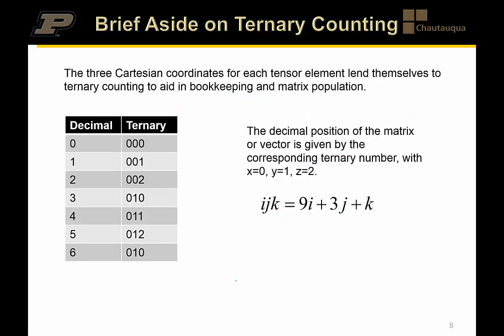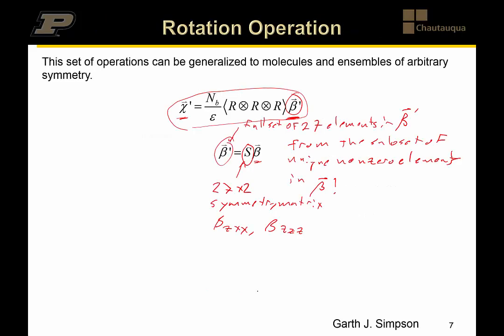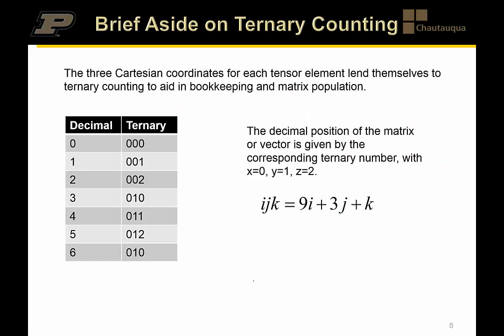So before we figure out how to populate, we know we have those 2 tensor elements to populate. Before we go about the actual population of that symmetry matrix, it's worth going back a step and